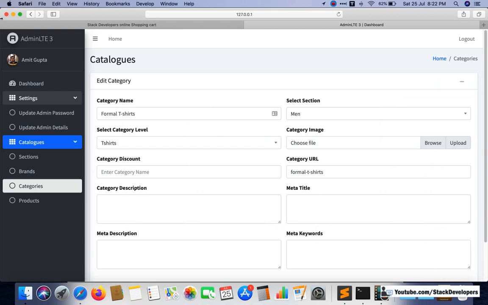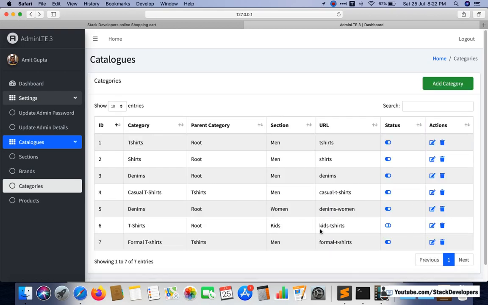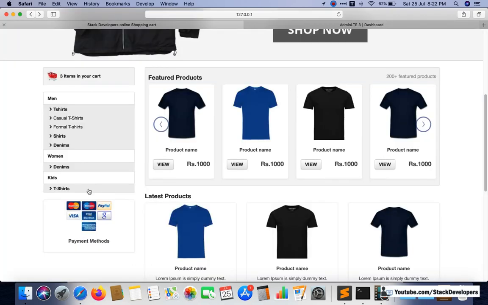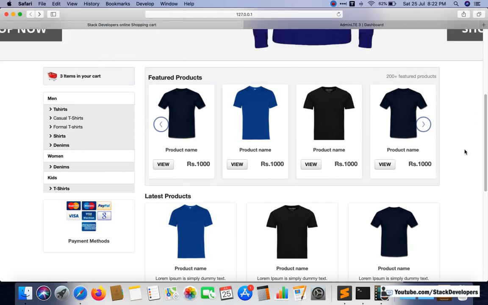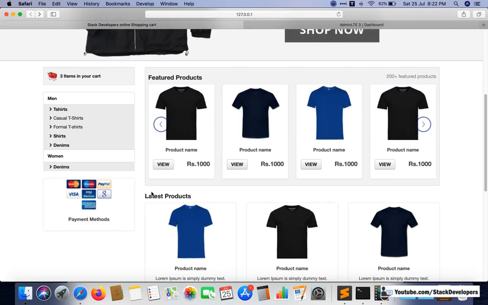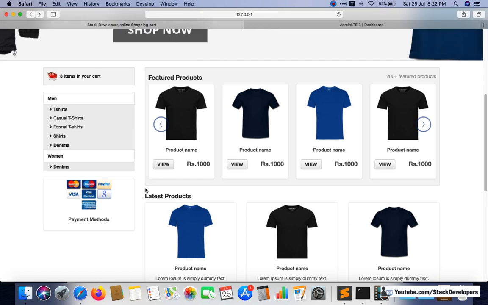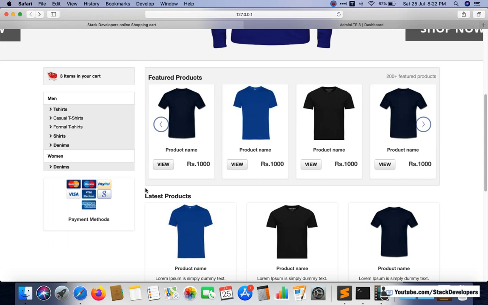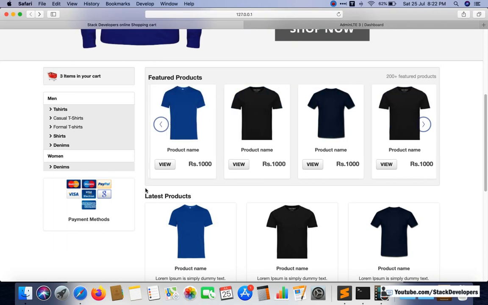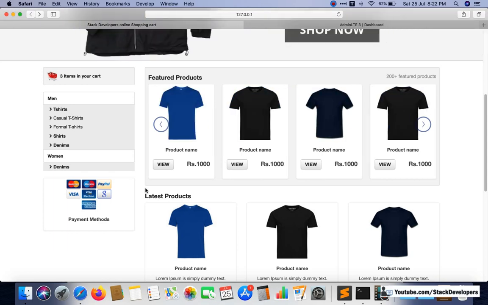It is coming under men. Okay, that is fine. So I have disabled the kids category, that is t-shirts coming under it, and let me see what will happen. And you can see again kids does not come here, because we have disabled its category. So if we disable the category, then it will not come at all.